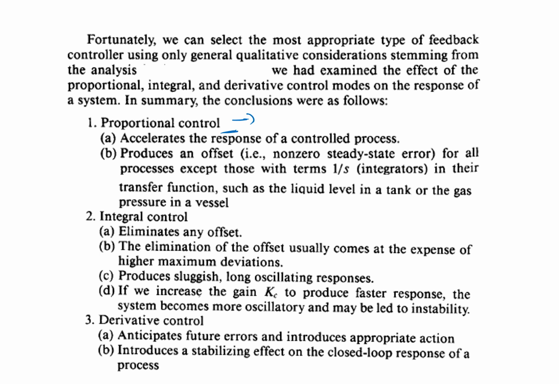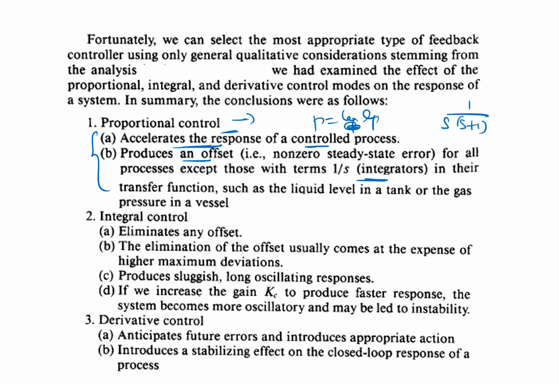What is the feature or advantage of this? It is faster; it accelerates the response of the control process. Whenever you use a proportional controller, it accelerates because P of E is just KP times E. So if you change this, the process is automatically accelerated. But it produces offset. But if you have a process with 1 by s, for example 1 by s